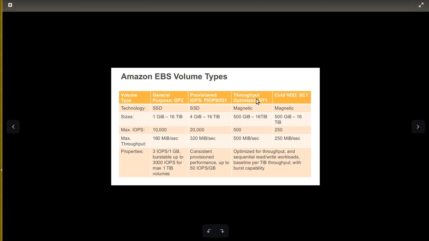And this is the throughput optimized. Both are similar ones, the only difference is 500 and this is 250 max input output, and the max throughput is 500 MB and 250. So let's